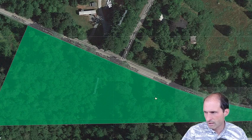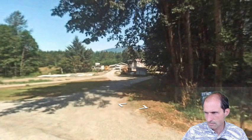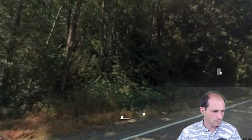It's just so green you can't tell. But if we take the Google guy over here, see, this is the other side of the street. And we look at,